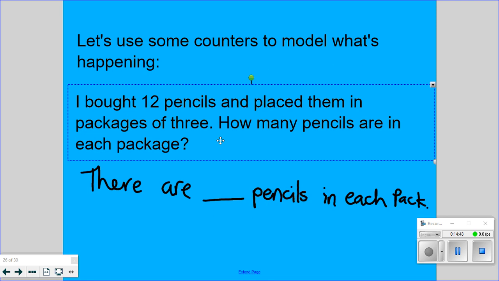Make sure they're all the same color. They can be all red or all yellow. I don't care, but make them all the same color. Jalen, why do we have 12 counters? Because the problem says I bought